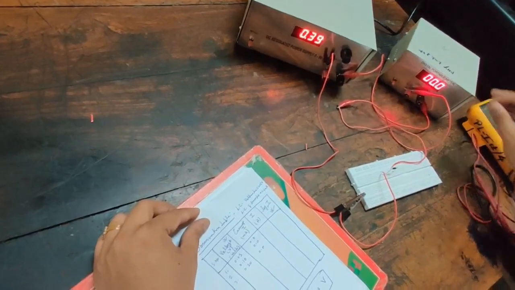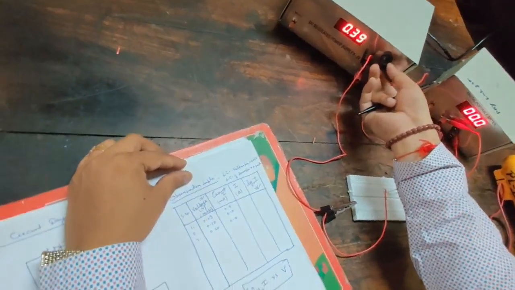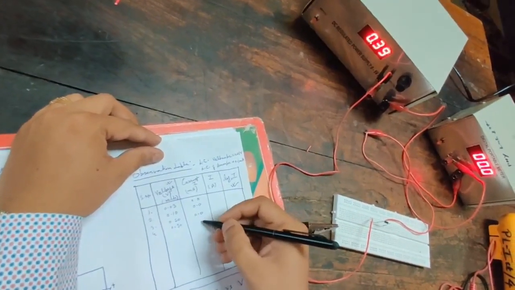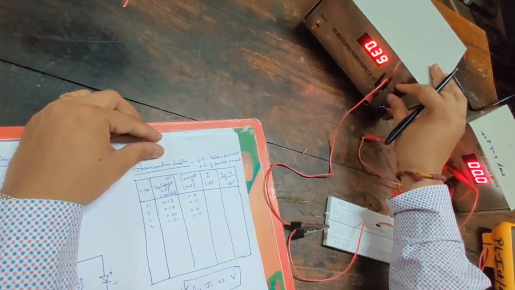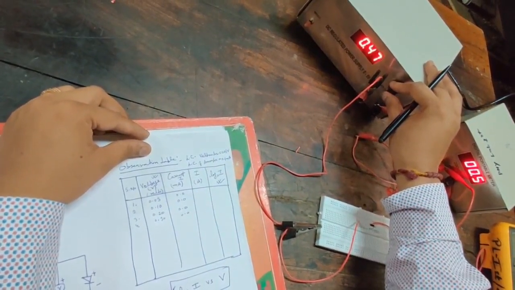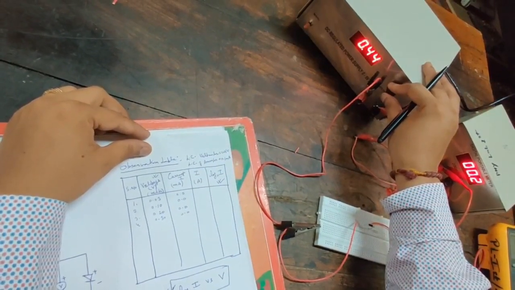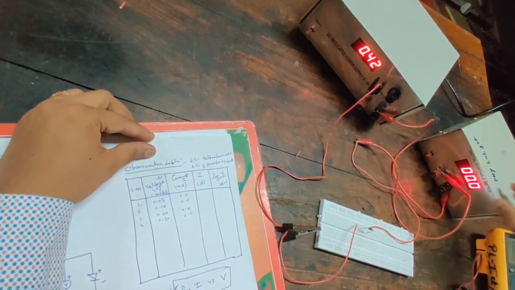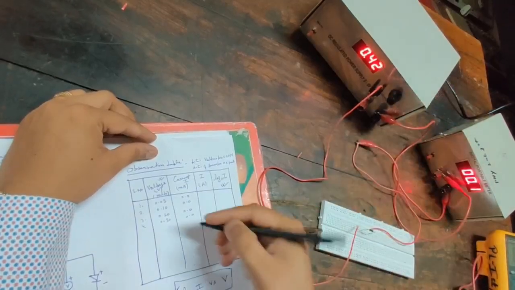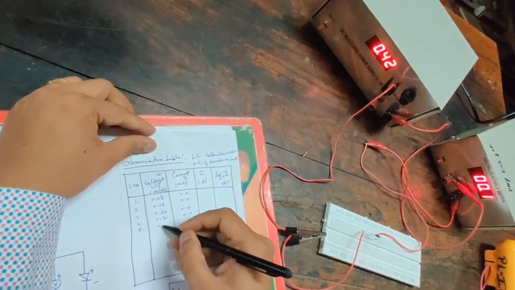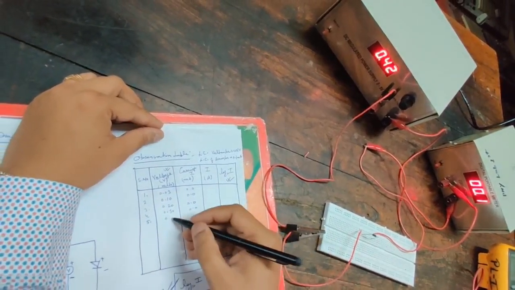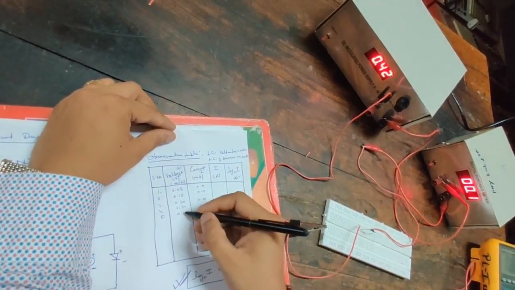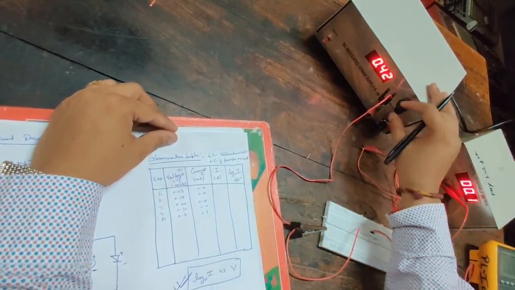As you can see here in this milliammeter, for 0.3, let us take, this is 0 again, and at 0.4 it starts increasing. So near about 0.4 it is showing 0.1 around, right? So now the current will start increasing. This is near about our operating voltage. So at 0.4 you have this.